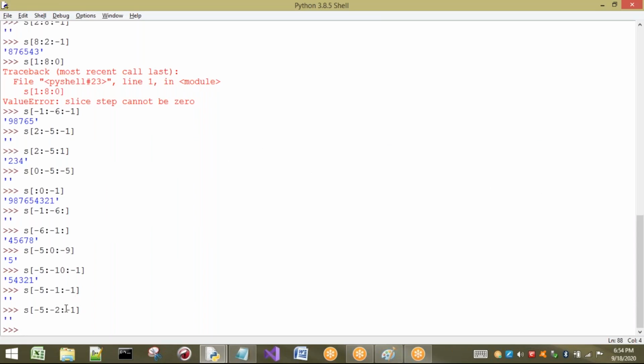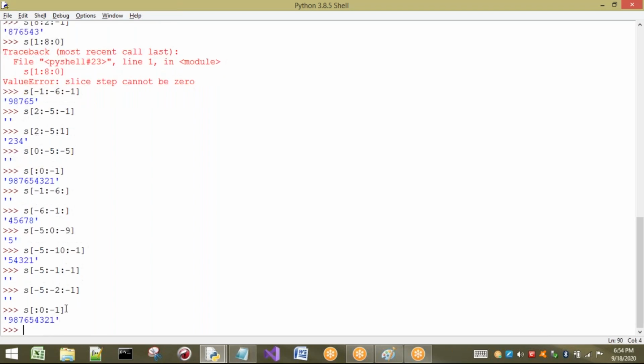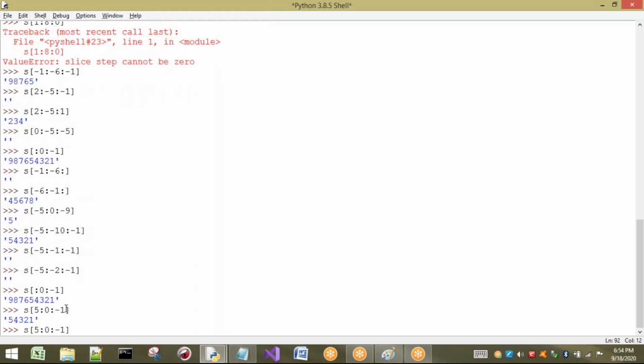But now the case I want to discuss is, I will take empty, for example. Let us take 0 here, and I will take -1. What will be the answer? 0 means it will consider 0 plus 1, and in reverse direction it will take -1 to 0. Once again I will take one more example to demonstrate that. I will take some positive value 5. So 5 to 0. Here also we are going to get an empty string.